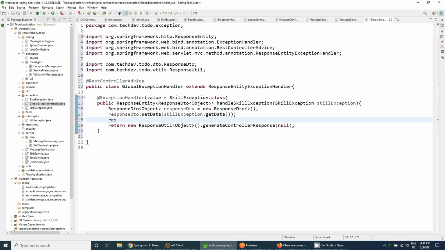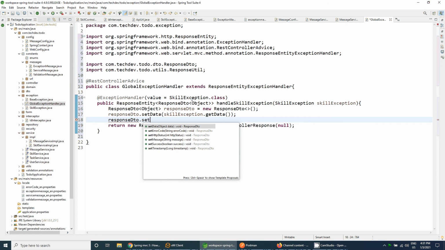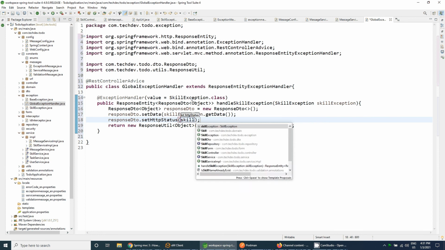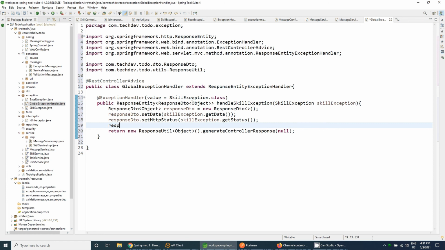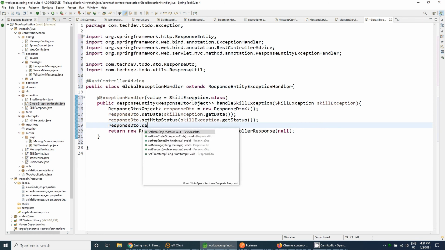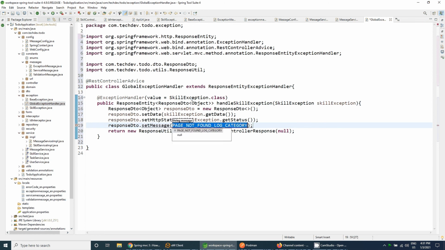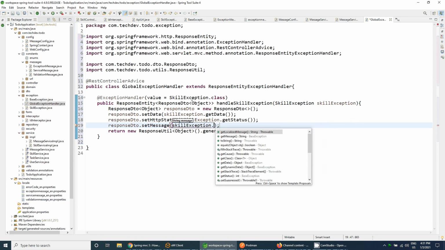ResponseDTO dot set the error, oh sorry, first the HTTP status. So skillException dot getStatus. ResponseDTO dot set message: skillException dot getMessage from the base exception.